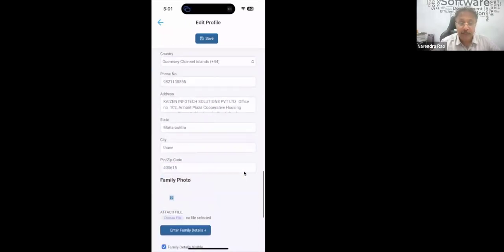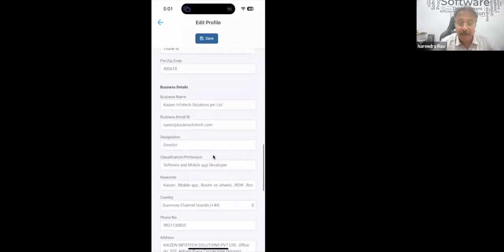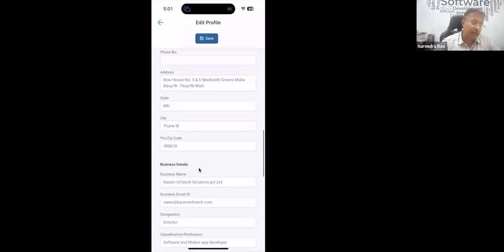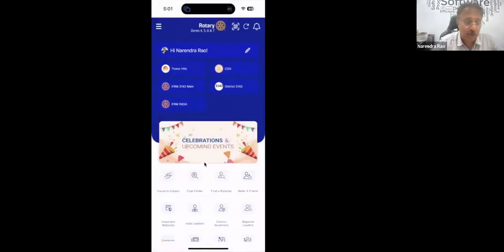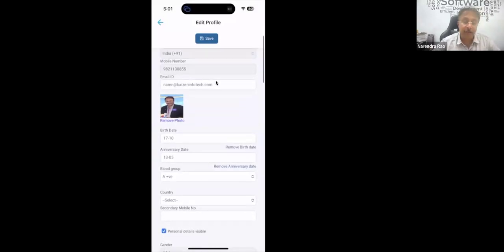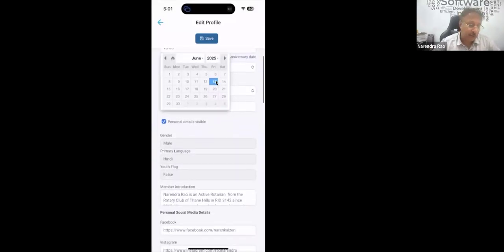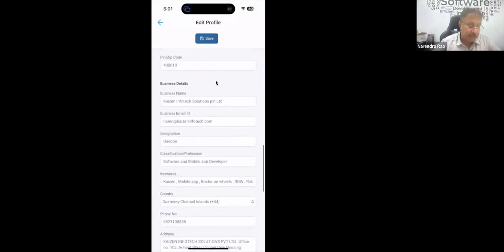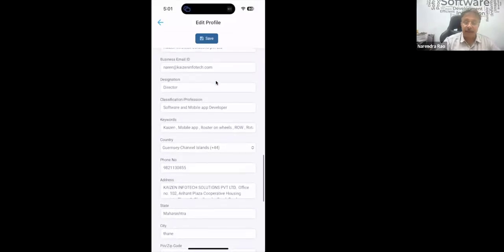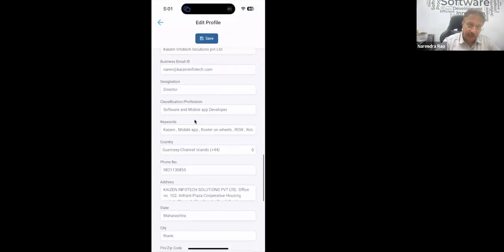And go down, you'll be able to see the classification and keywords. Enter this information because this is going to help you, which I'll show you. When you click on the edit button, you have the option to enter your date of birth, anniversary, and of course all other details, but at least these data, including your classification. I request everybody to add even the keywords to classification. I'll explain that.